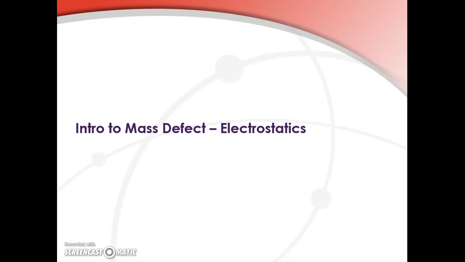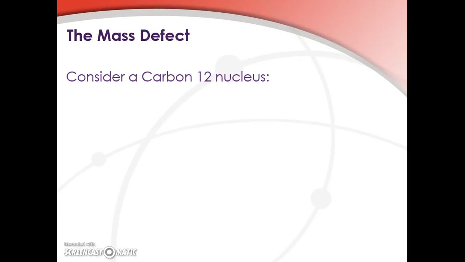And knowing that like charges repel each other, it leads us to wonder, why doesn't the nucleus simply fly apart? We know the electrons are a greater distance away from the center of the nucleus. Why doesn't the nucleus explode from electrostatic repulsion? Well,